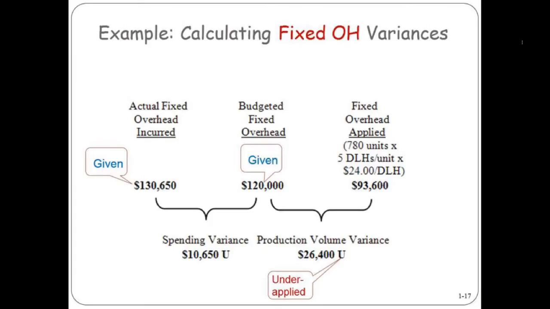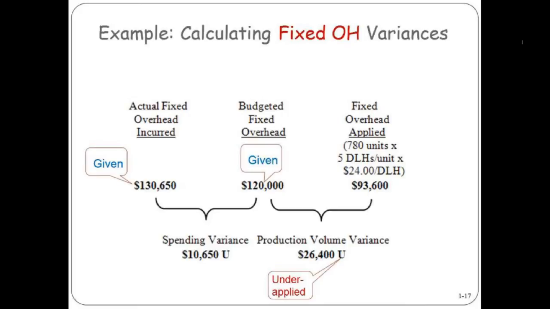So this was given, 120,000. This was given in some way that it actually cost 130,000. Remember we saw that last week, that it cost more than expected. And in the course of the period, we were applying our fixed overhead a little at a time. But since we only sold 780 units, we under-applied. We only applied